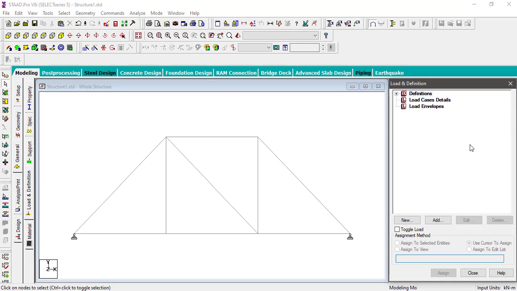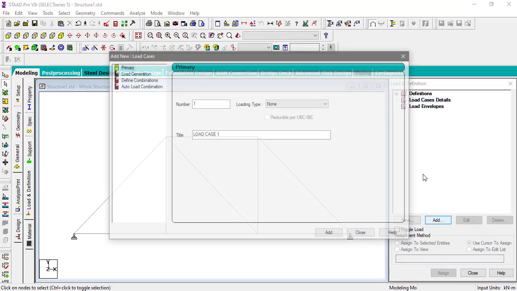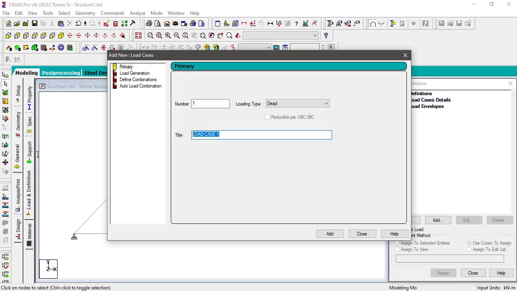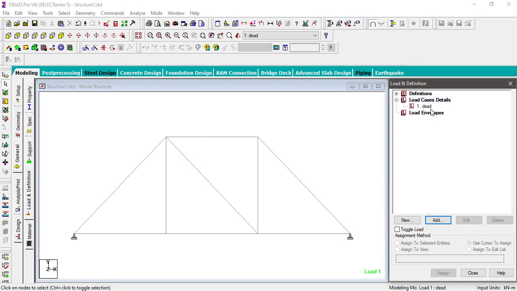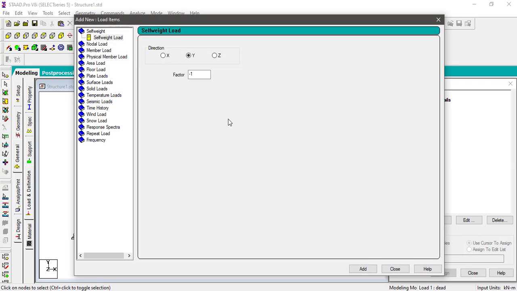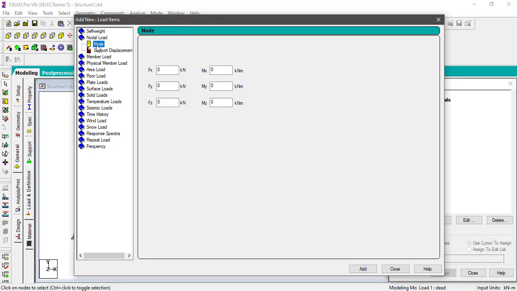Then I will go to load definition, add, select say dead, add, close. In dead load, I am neglecting self weight. I am taking nodal loads, so I will have load along Fy. That is minus 20 kilonewton is one load, second is minus 10 kilonewton.